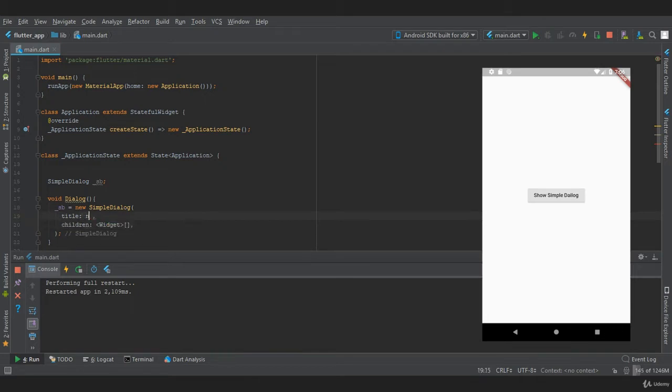Now in title we need to provide a text, and let's assign a string as choose from 1, and in children we need to provide choices. So let me tell you the difference between a simple dialog and an alert box. In an alert box, the user only gets the alert box, which only informs the user, whereas in a simple dialog it